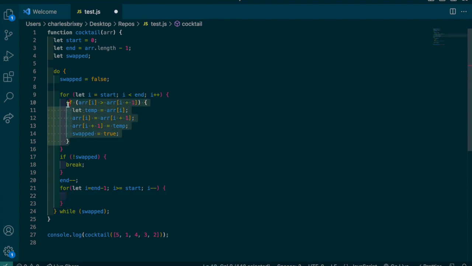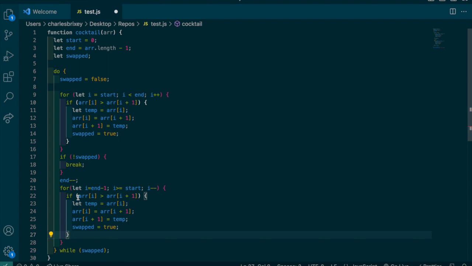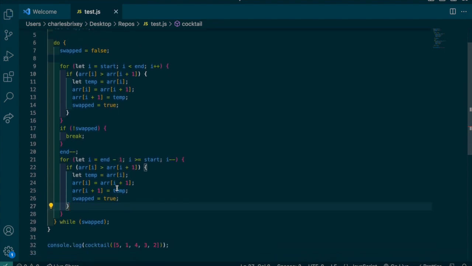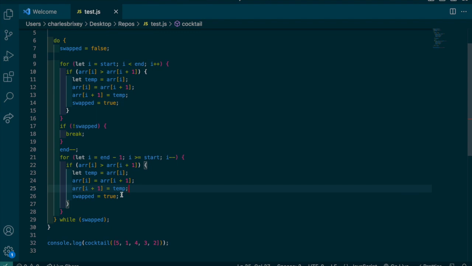So I could actually copy and paste this code. I don't recommend doing this because you don't want to repeat yourself whenever you're coding. But for educational purposes now, we can just leave it the way it is. Just so you can kind of see we're performing those swaps still. And then after we perform that right and left